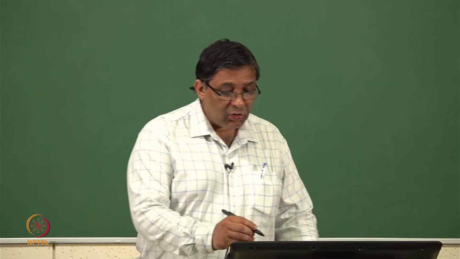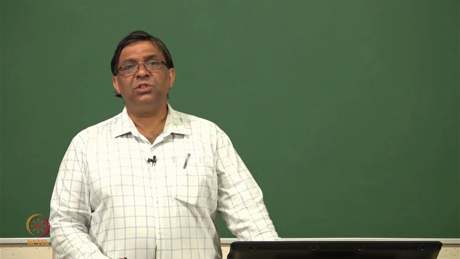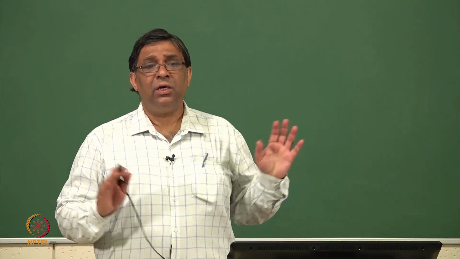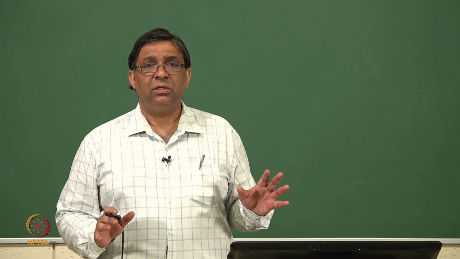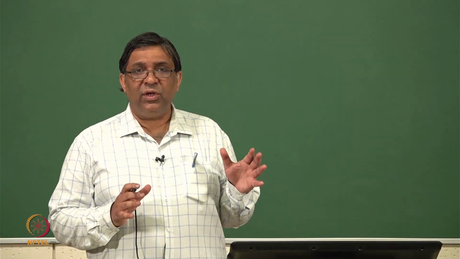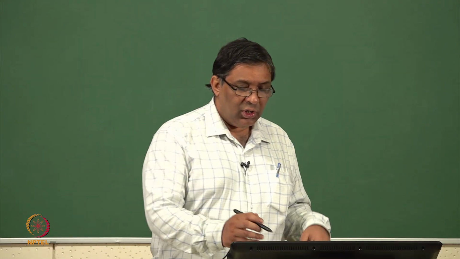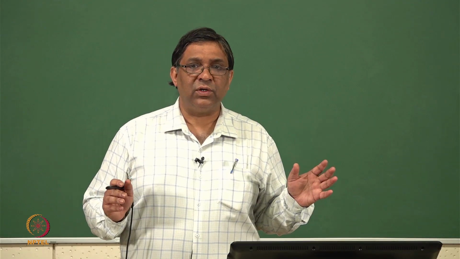Also, it's a very high temperature process. As I told you, at this stage it is almost 1400 degrees centigrade to 1500 degrees centigrade. It's a huge temperature process, so you need very big, high vacuum furnaces for that. Therefore, although the technology is very mature and people can make these steps from sand finally to a module, and we all use this silicon solar cell,